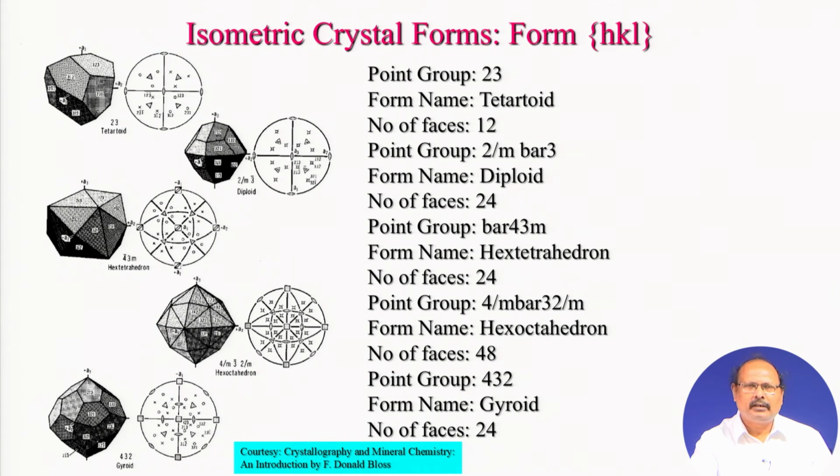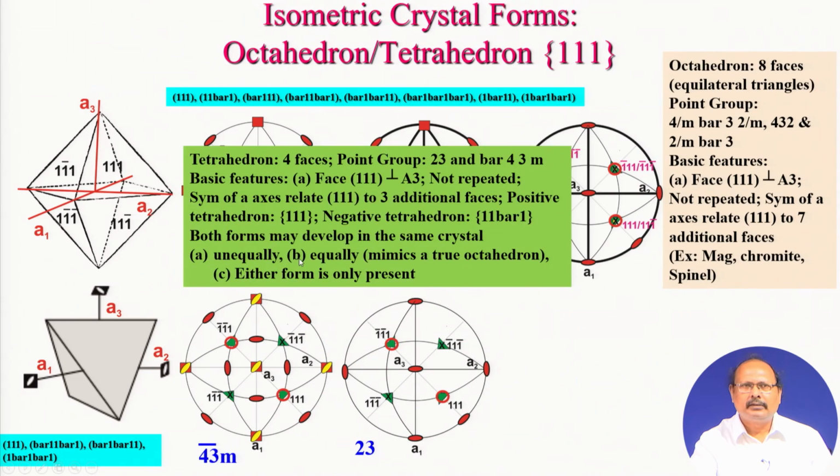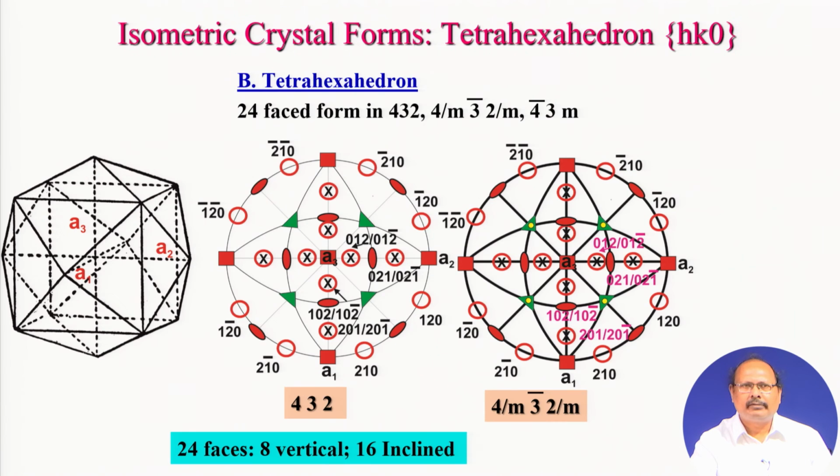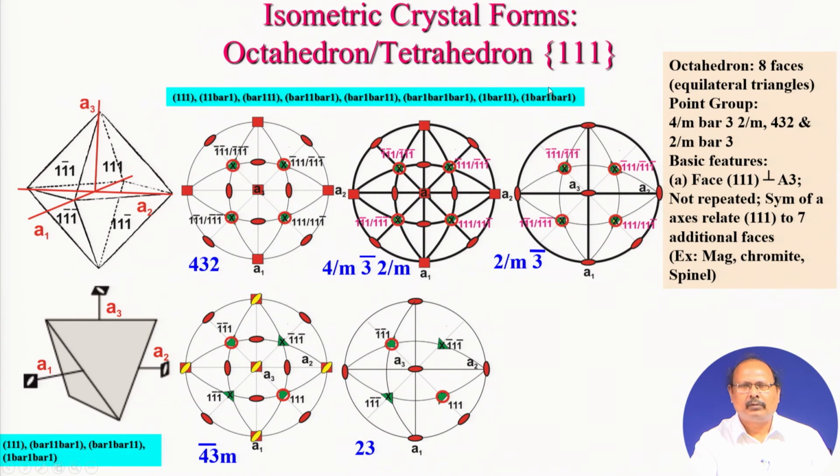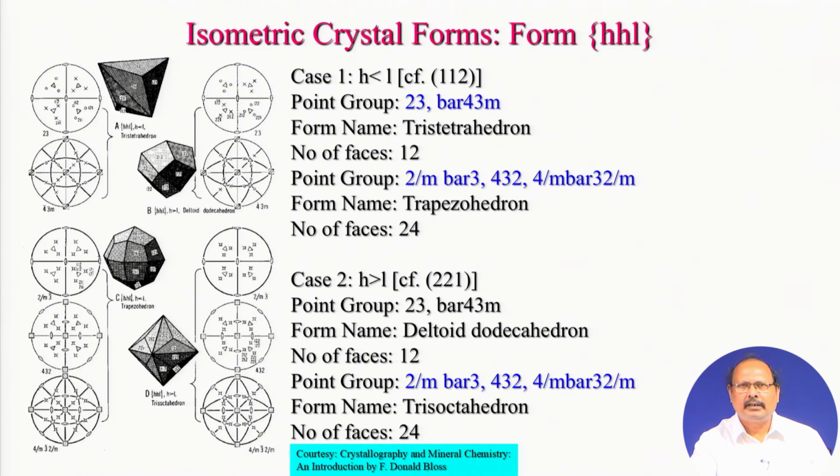the form symbols in isometric crystal systems. You can recapitulate. You have 100, you have 110. So, this 100 is your cube, 110 is your dodecahedron. Then you have here HK0, in case you have pyritohedron, and then you have the other one we have studied, tetrahexahedron, and then we have studied the 111, we have octahedron and tetrahedron, and then you have studied the HHL form